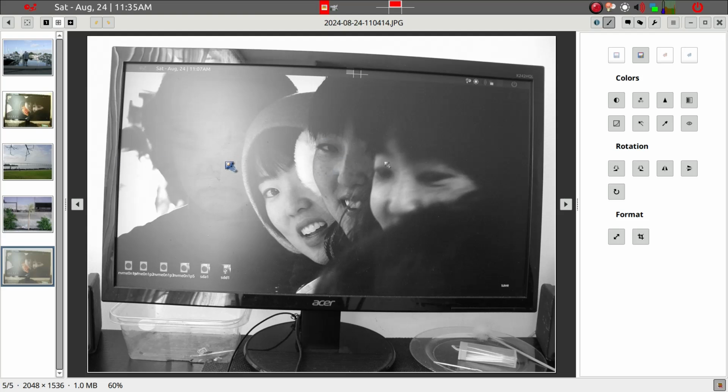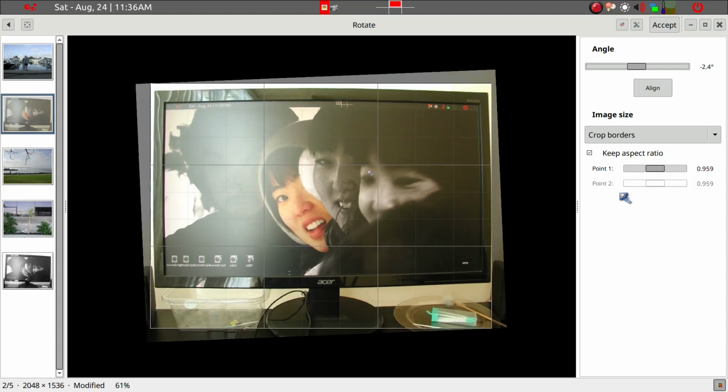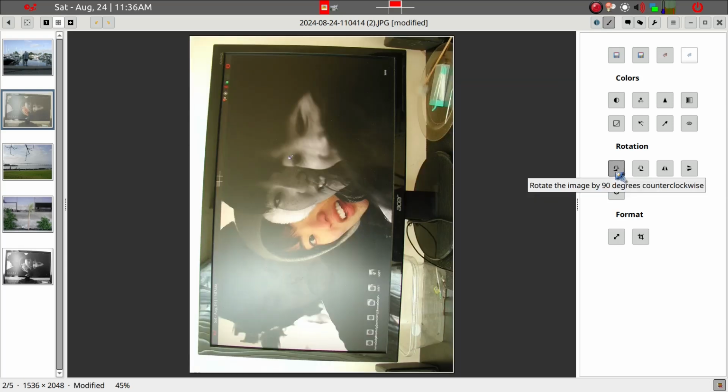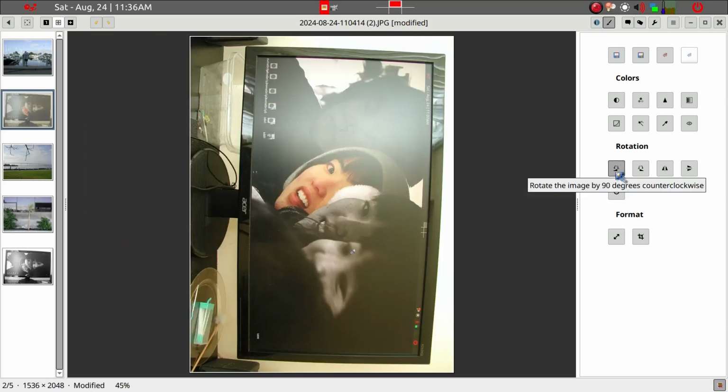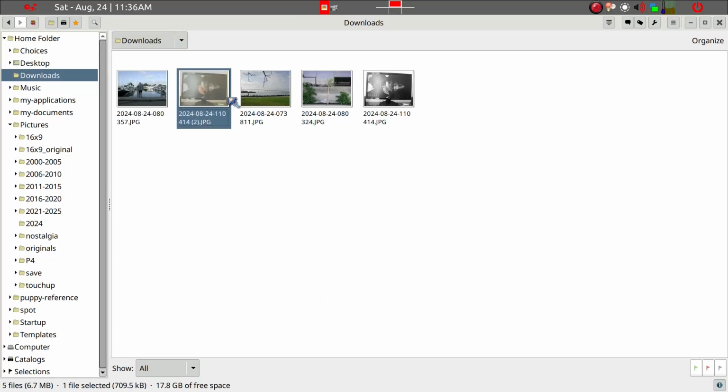So now we converted the color photo into black and white, and so now we can go to this one here, which I made a duplicate of, so I want to just again demonstrate the crop rotate tool, and again just the left and right arrow key, or you can just go ahead and rotate 90 degrees, and I don't know why you would want to do that, but I think that those are the things that you can do